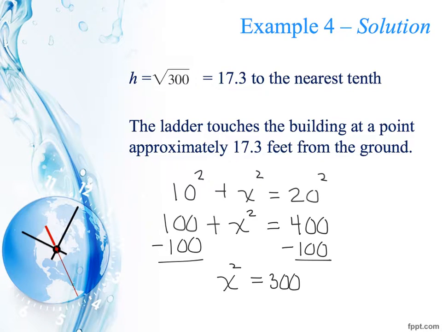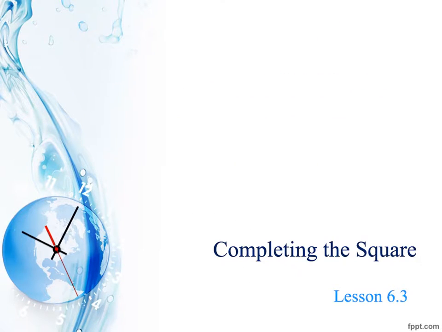And here we have an equation in the form x squared equals a. So to undo the squaring, we'll have to square root both sides. And once again, there's only one reasonable square root, the positive one, and that's because you can't have a negative length. And if I round that to the nearest tenth, that ends up being 17.3 feet. So we can say that that ladder is reaching a height of